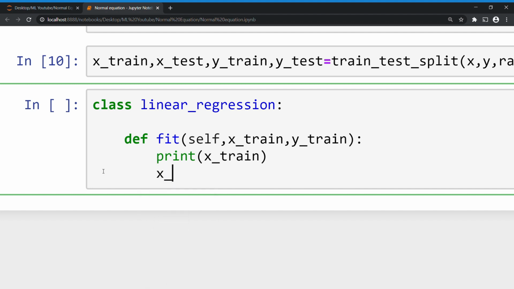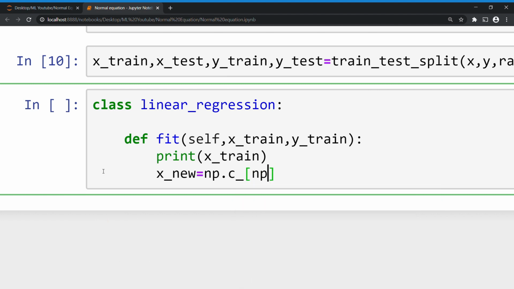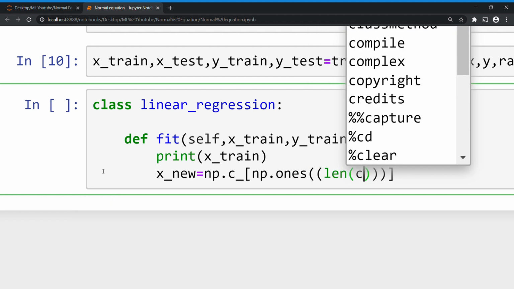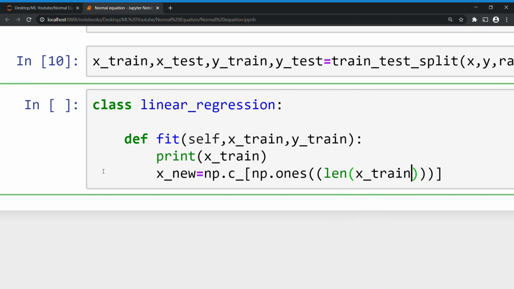X new equals, we are going to concatenate the x train with ones by using the np.c_ method, np.ones of length of x train comma 1, and x train also.